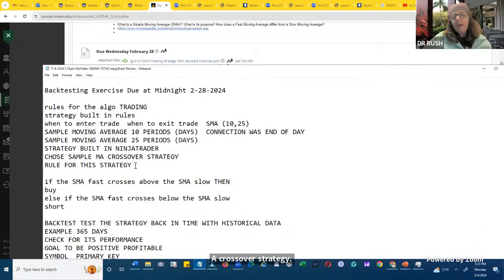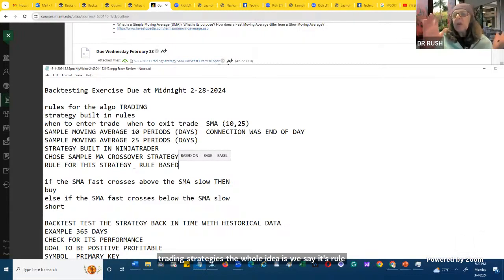The rule for this strategy is, when we have trading strategies, the whole idea is we say it's rule-based. It could be complicated or it can be simple. In our sense, we have two simple moving averages, 10 period and 25 period, and this is the rule that's built